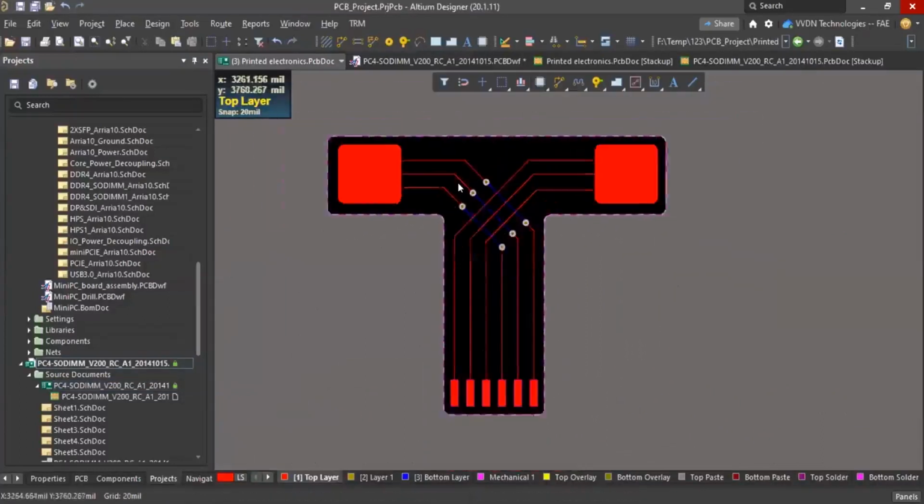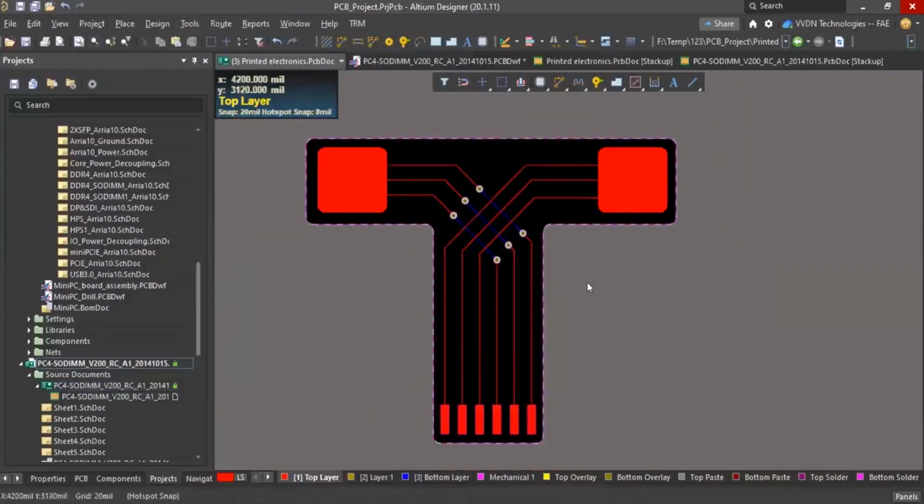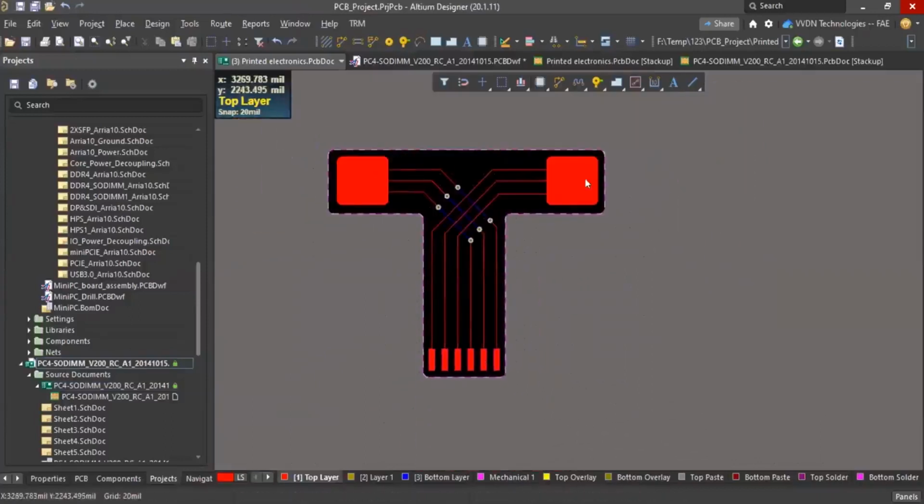I just want to show you how the printer electronics can be developed. Generally there will be an SMD pad. You can create any shape for the switches or the sensors. Any component can be placed and soldered, but you can go through the printer electronics documentation. There is a lot of information on how we can develop printer electronics.